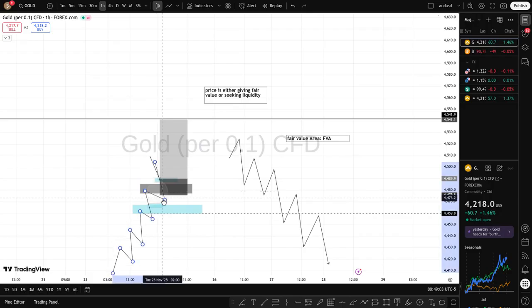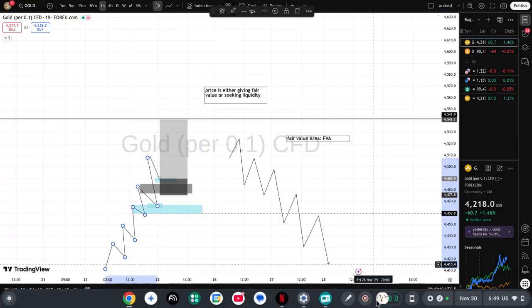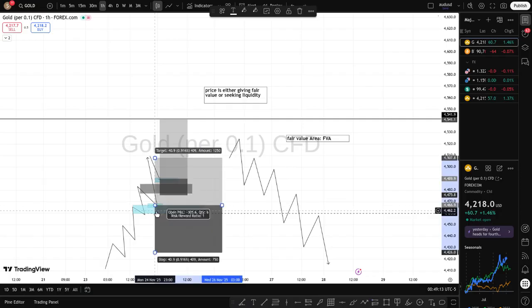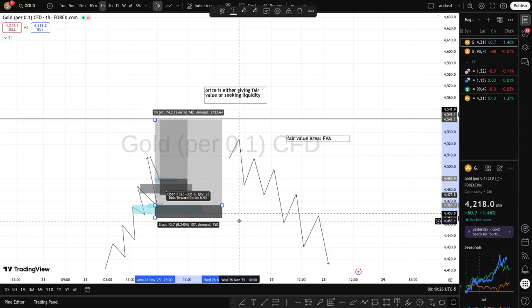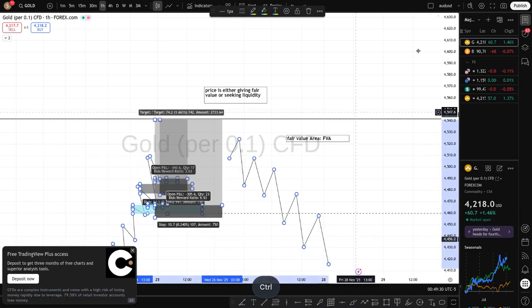You're going to be watching for price to retrace to this fair value gap. That's where you'll be taking your entry from. Here, your stop loss is just below the fair value area, and your target, whatever target it is, is your draw on liquidity from the higher time frames. It's this simple. It's literally this simple, and it's not much different when we look at it from